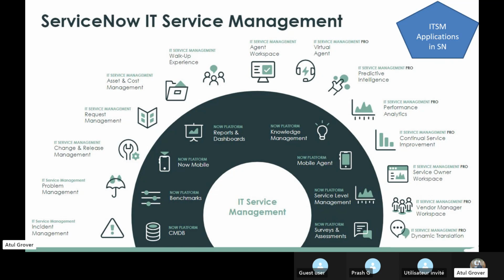Hold it for one day. Because the term you're saying, license, is different. License means I purchase a license, now my user can log in to ServiceNow. I'm saying, let's say you are my customer and you say, "Atul, can you implement ServiceNow for me?" I say yes, what do you want? I want to use ITSM.